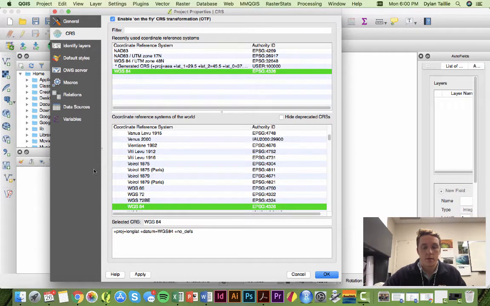And then something that I'd like to touch on is the coordinate reference system. Every shapefile or GIS data that you download will have a specific coordinate reference system attached to it, and it's basically a set of coordinates that it's going to format your project off of. You can see up here I have enable on the fly CRS transformation checked. That basically means if I put one layer on there that has this CRS, which is WGS 84, EPSG 4326,